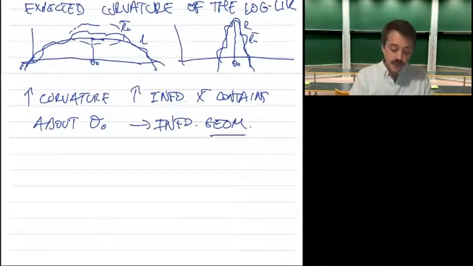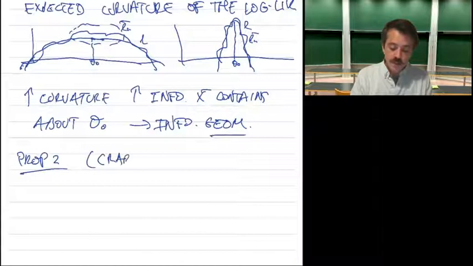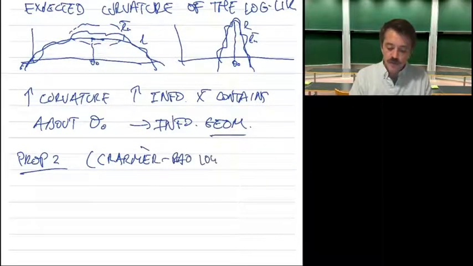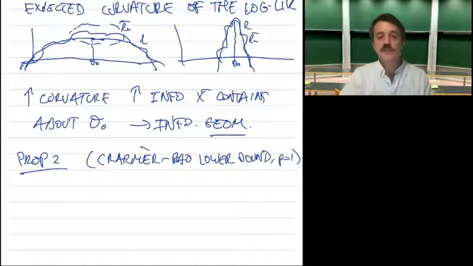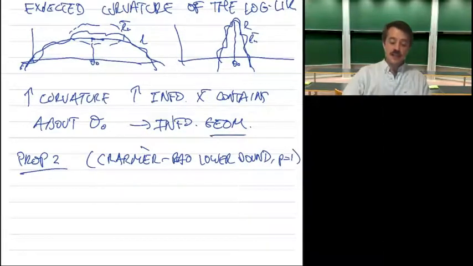And so this is proposition 2. So proposition 2 is what is called the Cramer-Rao lower bound. And I will do this for p equal 1. Okay, so the generalization to multi-dimension is just immediate. Okay, so then